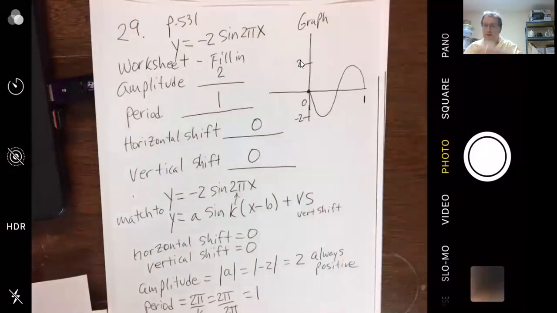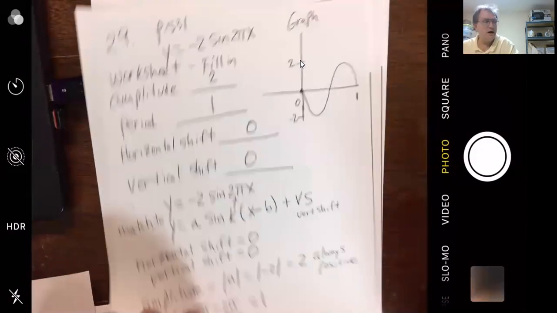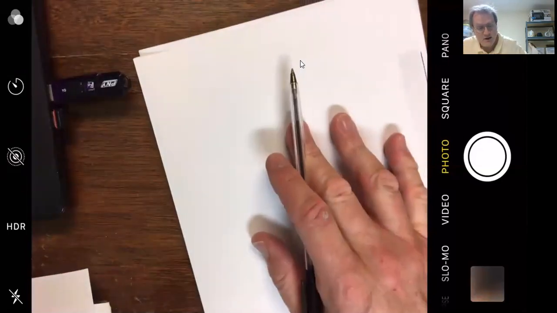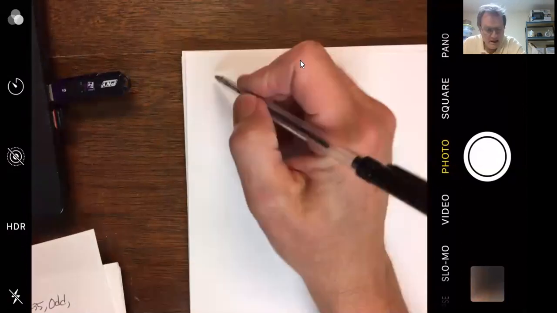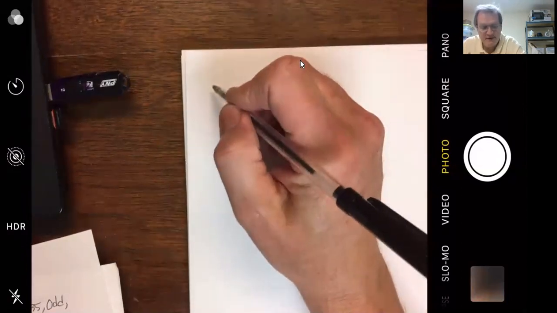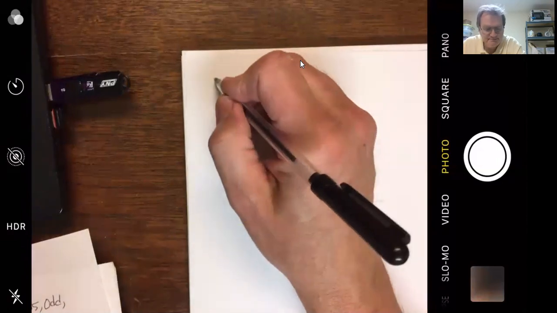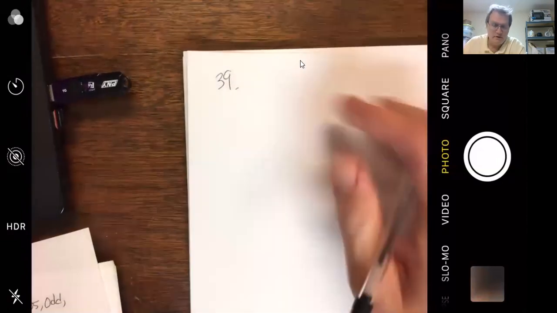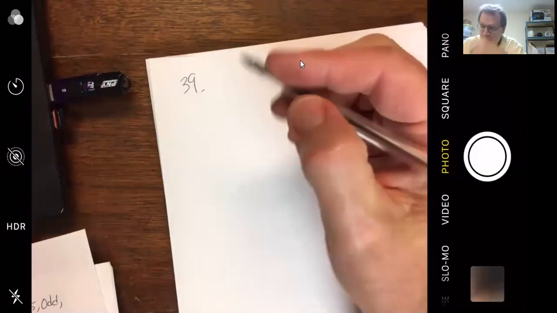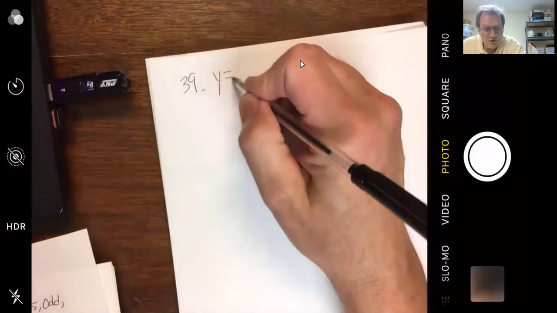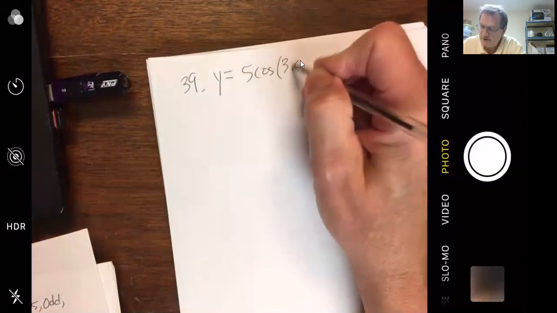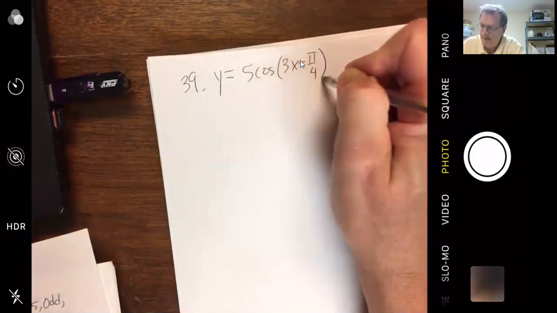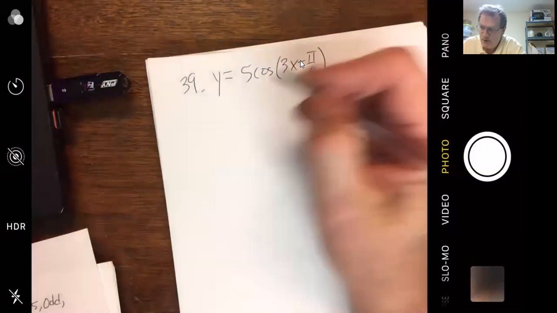All right, we're at 40 minutes. Why don't we try one with the whole shebang? Let's try one like 39. This doesn't have any vertical shift, but this will illustrate y equals 5 cosine of 3x minus pi over 4. And I want to rewrite